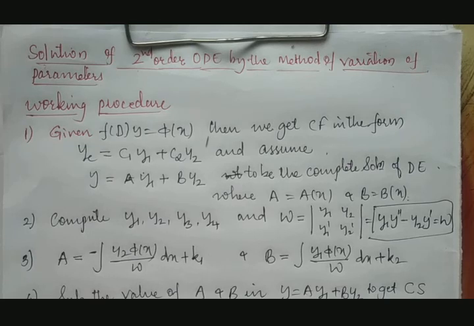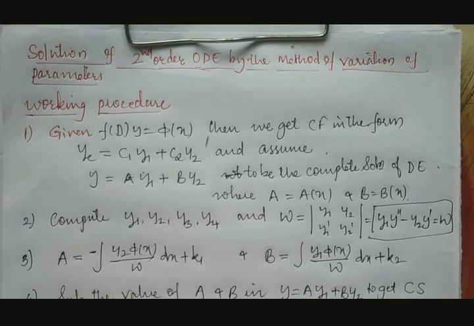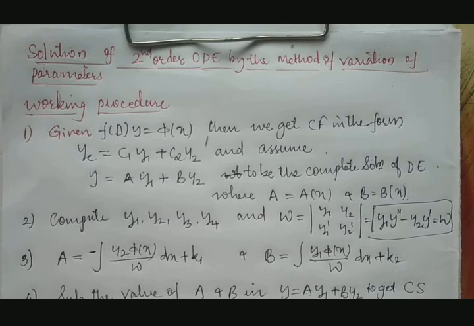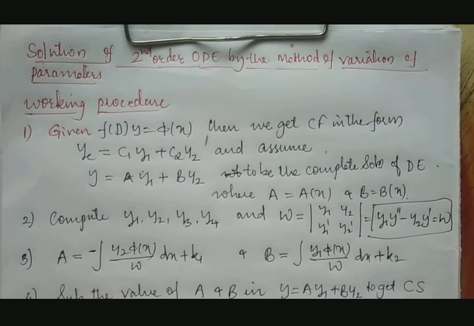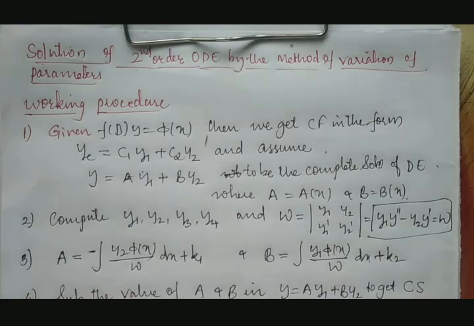This is the most important method because there are many examples which cannot be solved by previous methods, so they can be solved by this method. For example, exponential was type 1, trigonometric was type 2, but in trigonometric functions only sine and cos are entertained. If anything comes other than sine and cos, like tan, cot, sec, that method cannot be applied. But those examples can be solved by this method, called the method of variation of parameters. So let us understand what this method indicates.